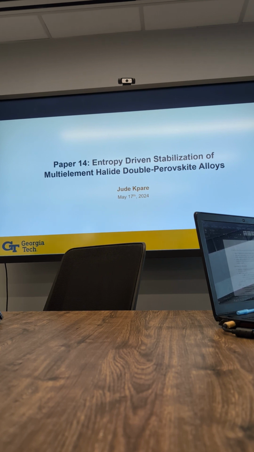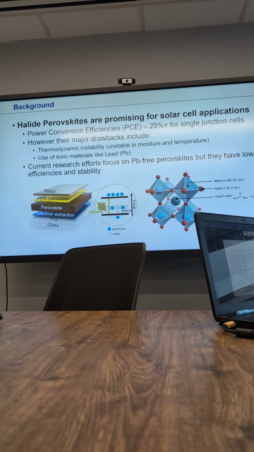So this paper is entropy-driven stabilization of multi-element halide double perovskite alloys. And there's a lot of thermal background basically. So I would break it down a bit. So perovskite materials, we know from crystals, they have the structure of ABX3, and I'll come to that. But basically, most of these materials have been used for solar cells because of their high